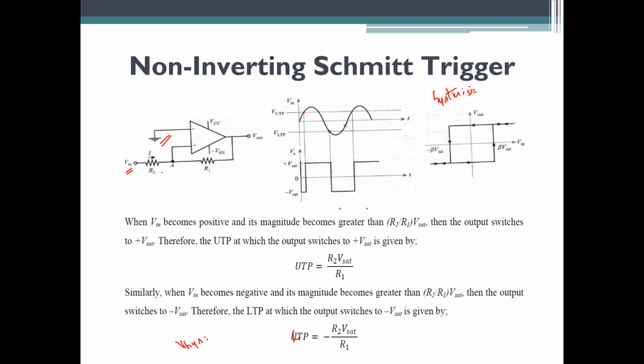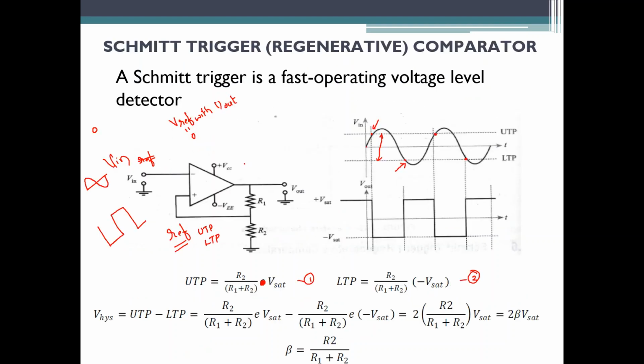So normally in the lab, the experiment you are carrying out is an inverting split trigger circuit, where you will set the UTP and LTP values. Based on the UTP and LTP values, you will select R2 and R1, because the LTP and UTP values are set by the resistors I choose here. They will ask you to conduct a split trigger experiment setting UTP and LTP to be equal to 2 volt and minus 2 volt.